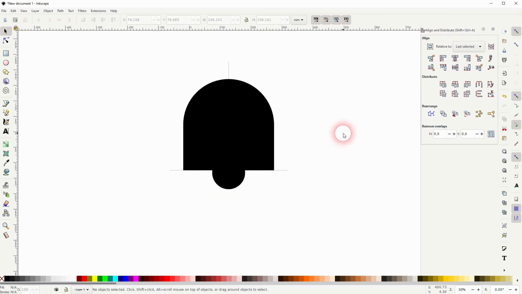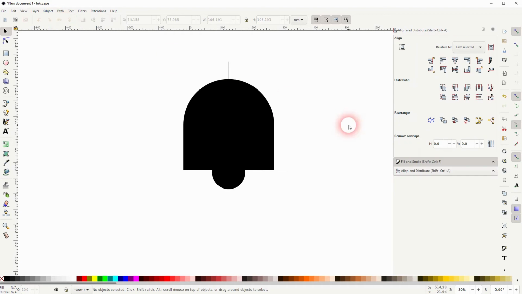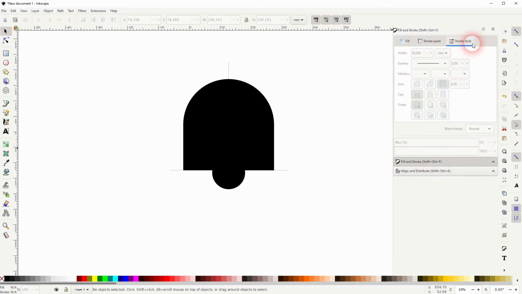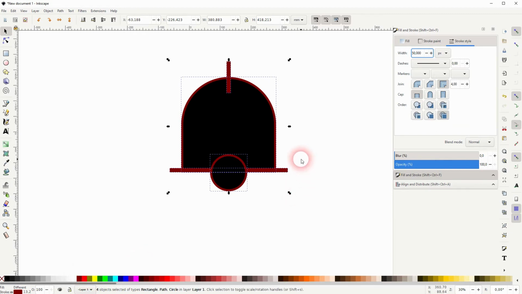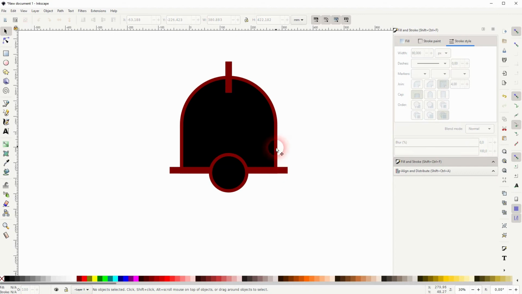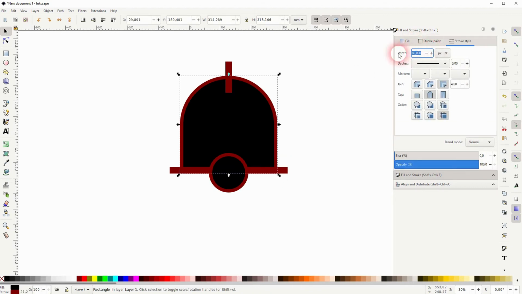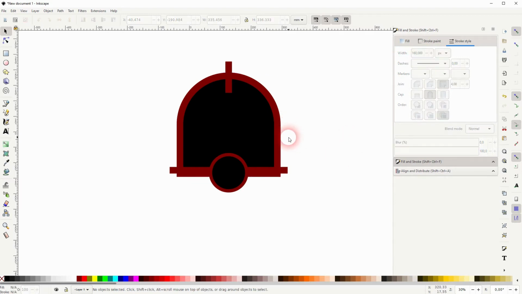Once again, Object, this time fill and stroke. Select it all and then give it the same stroke size. I use pixel. We'll try 50, or maybe a bit bigger. Let me give everything a stroke, so I'll hold Shift and click on a color swatch. Let me try 80. And that looks good. For the lines, that's fine, but for the inner element, we need to double that. And also for the circle,